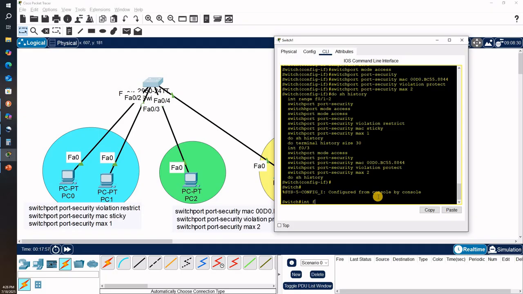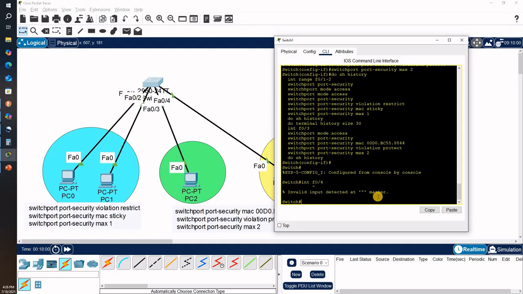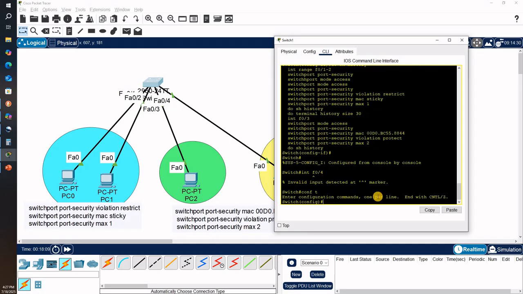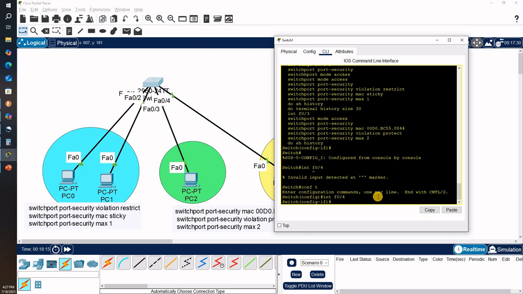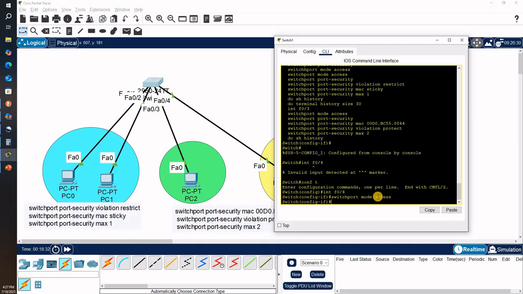Interface F0/4, configure terminal, interface F0/4, switchport mode access, switchport port-security,